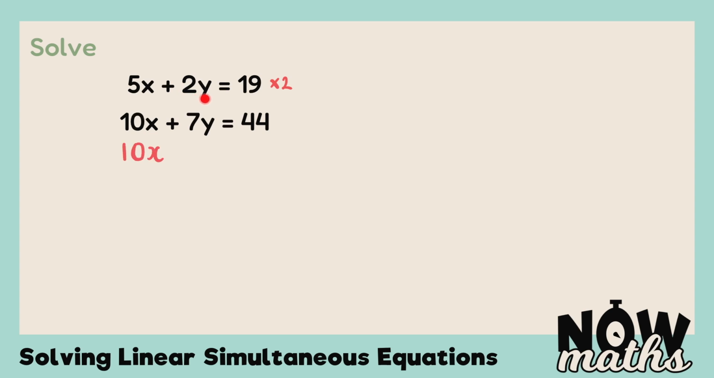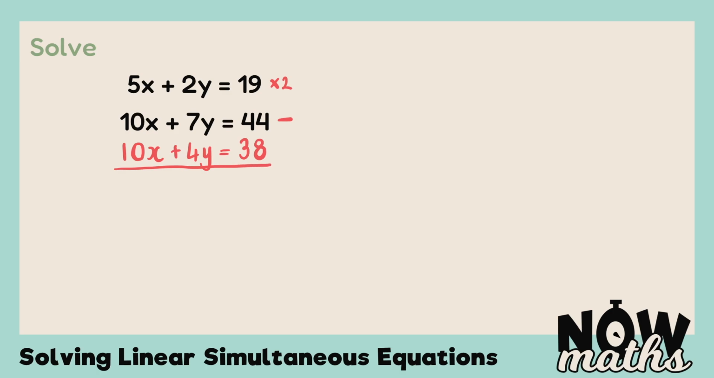Then 2y multiplied by 2 is 4y. And finally, 19 multiplied by 2 is 38. So now, looking at this equation and the one above, we have a 10x in each, and they are both positive. So if we were to subtract the bottom equation from the top, we would end up eliminating the x